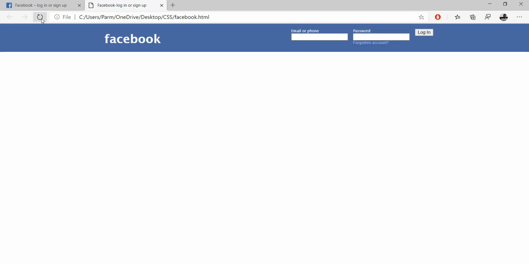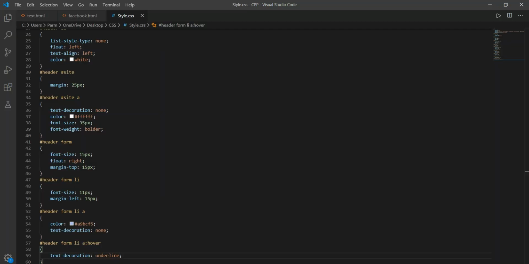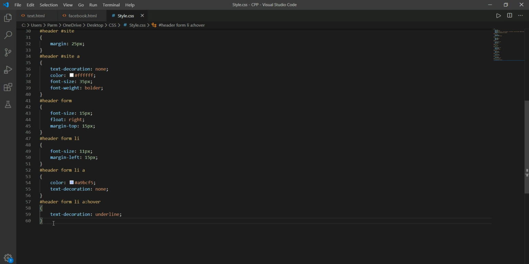Refresh this and look at this, it's going to be done. Okay, so well done. This job is accomplished till now. Now we have to write formatting for this hash header. Then within the header we have form, and within the form we have input,